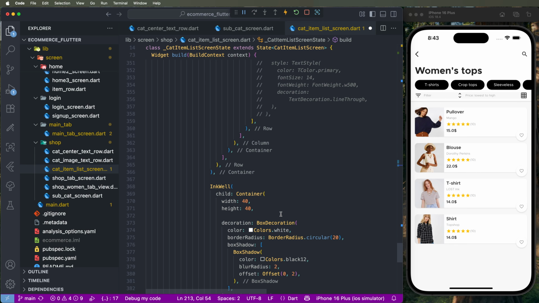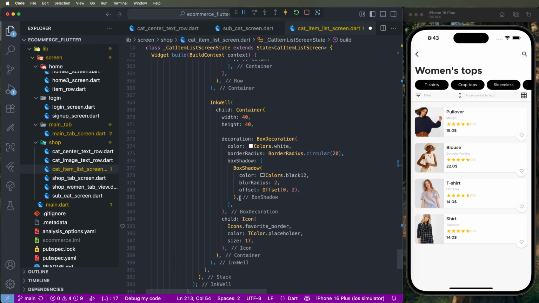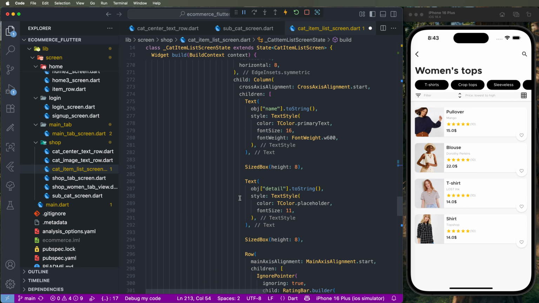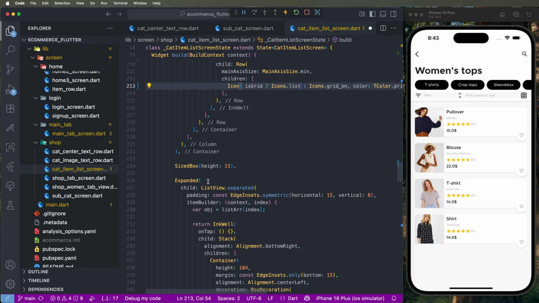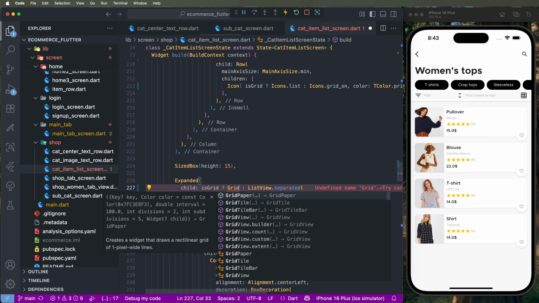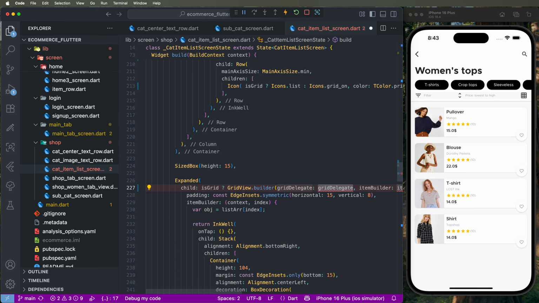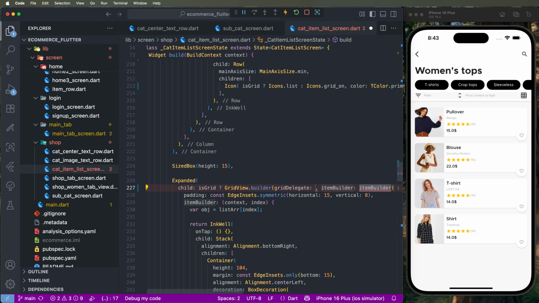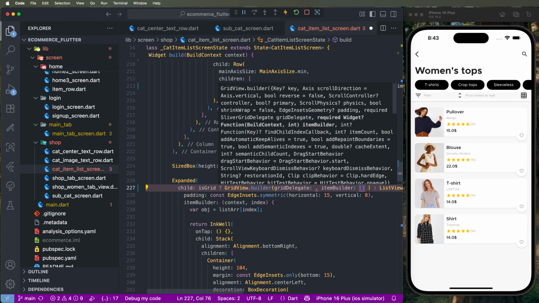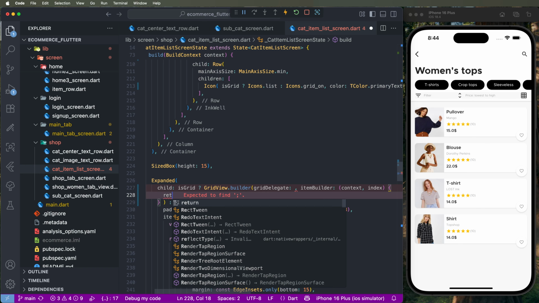Now we need to find the code. First of all, we get these codes, apply them, and set them here. Now we make this list expandable, and we write isGrid. Then we write the GridView builder. Set the grid itemBuilder with context and index, returning